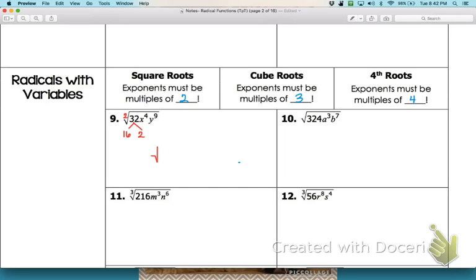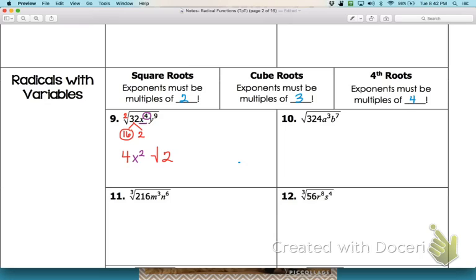So out of these two numbers that I chose, 16 is the perfect square, and the square root of 16 is 4. So that gets to come out. The 2 is not a perfect square, so the 2 is going to stay under the radical. Now, I'm going to do this in different colors so you can kind of see. Now I move on to the x to the 4th. So I look at my exponents and I say, how many times does 2 go into 4? Well, that one comes out evenly. 2 goes into 4 twice. So I get x to the 2nd with no x's left over, so they don't need to go under the